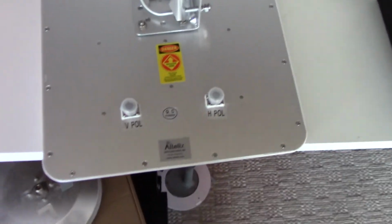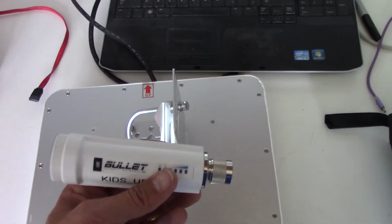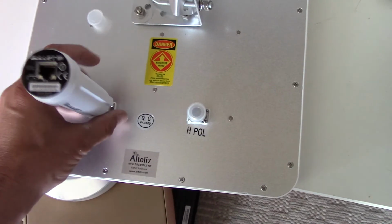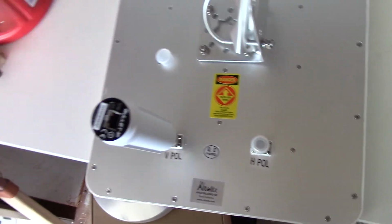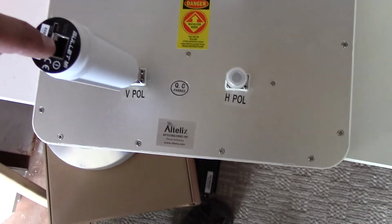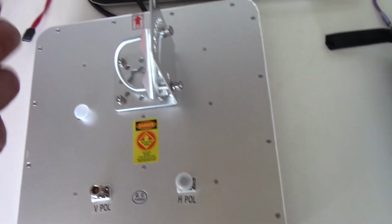Now what this type of dish connects to is this. So this is my bullet, and this is what I'm using. Bullets, they were quite common a while ago. That's again a Ubiquiti product, Ubiquiti bullet, but it just threads on here, and sorry, it needs a little bit of pressure with 2 hands to put in, but it threads on there. Then there's a cap that goes on here that's actually up on the roof because the Cat 5 cable was threaded through it before I terminated, and that connects into the bullet and delivers the power over Ethernet